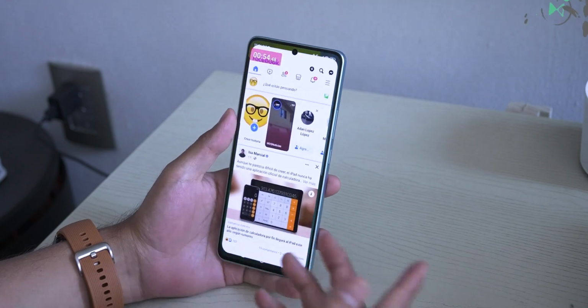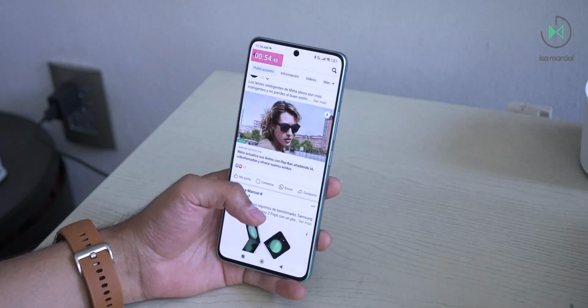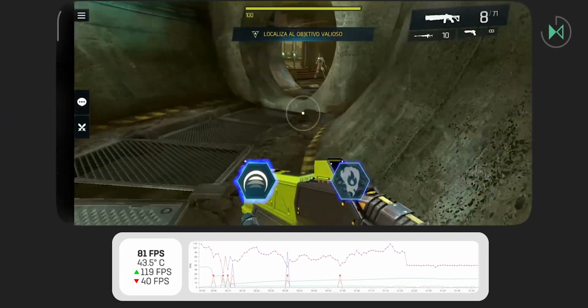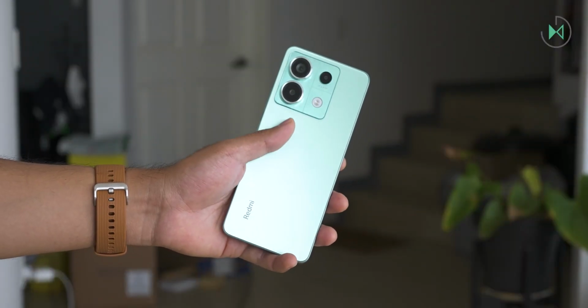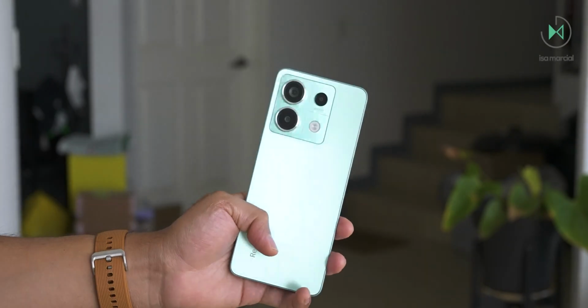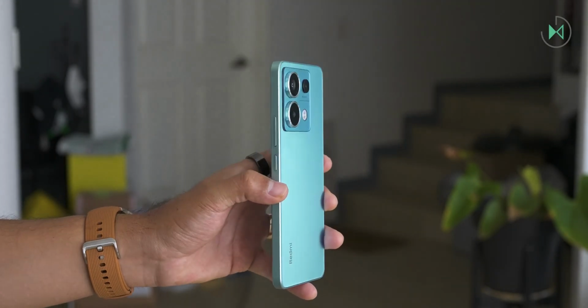The processor it has, Snapdragon 7S Gen 2, is underpowered for the price range. It is slow for editing video in 4K. In gaming, it falls short for the price. So definitely, as I told you, my biggest protest will be the price. If instead of finding it at 11,999 pesos, you find it around 6,000 pesos, it could be a much more interesting alternative. From here, we continue to demand that Xiaomi gives more reasonable prices and is not trying to make